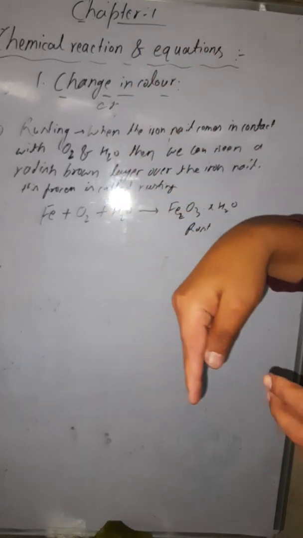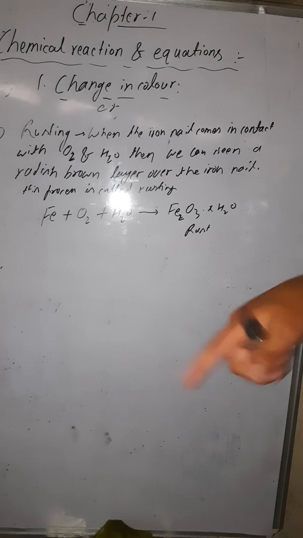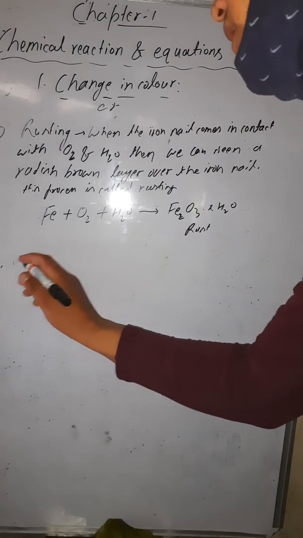Okay, there you dip the iron nail, and as soon as you dip the iron nail in the copper sulfate solution, the solution changes from blue to pale green. Again the color is changing. Here you can see when an iron nail is dipped into the copper sulfate solution. This is another example I am taking here.